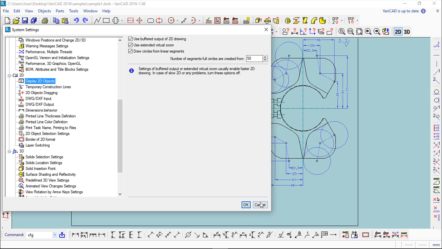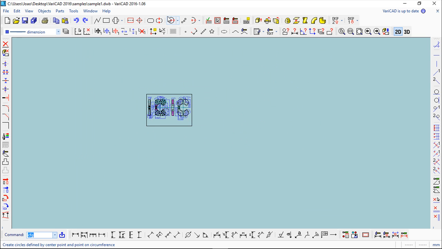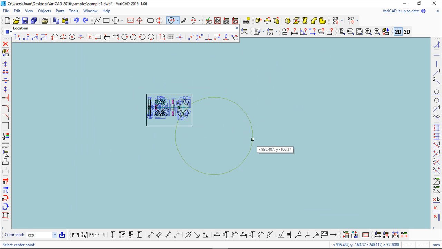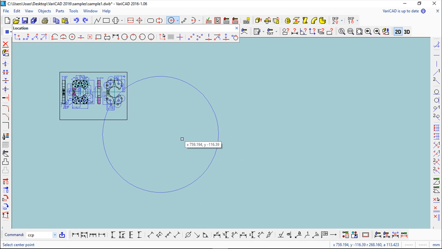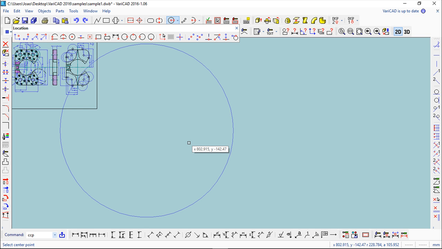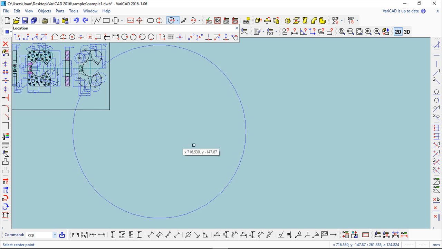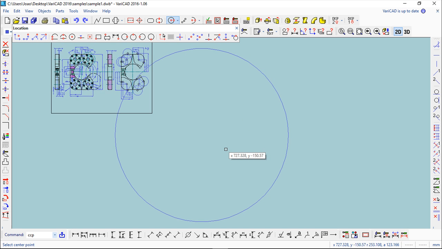This is the minimum, and I will try to create one circle that if I go and take a closer look, you see that graphically it has these small lines, okay, and this is a way that the program has to save some computation power,